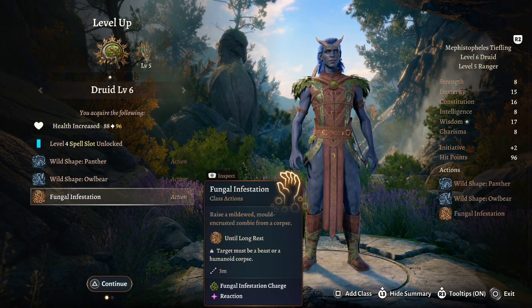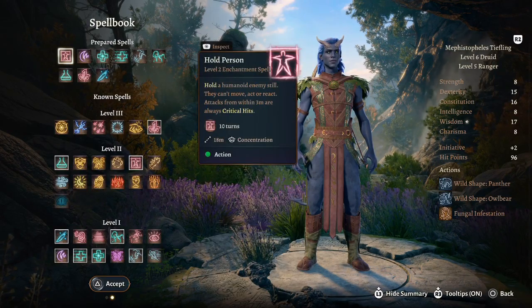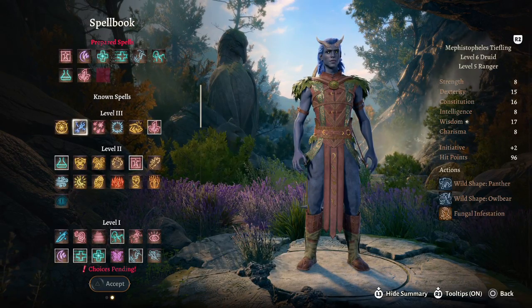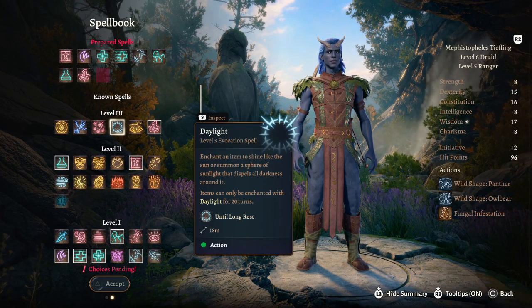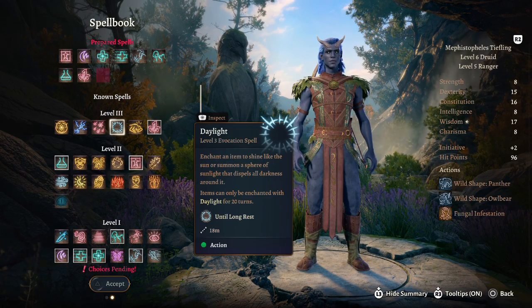Raise a mildewed, mold-encrusted zombie from a corpse. Again, just another summon we can have to couple with the damage we deal. And for a spell, again, really can't go wrong with anything. A lot of these are concentration. I would take Daylight personally, because I think it can be very helpful if you are stuck. It can really help your partners hit things, as well as deal with any darkness,